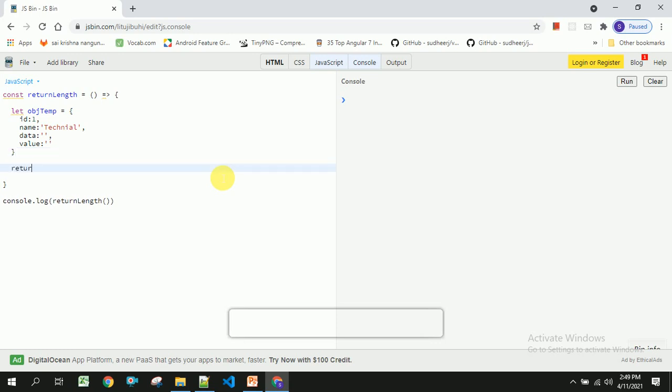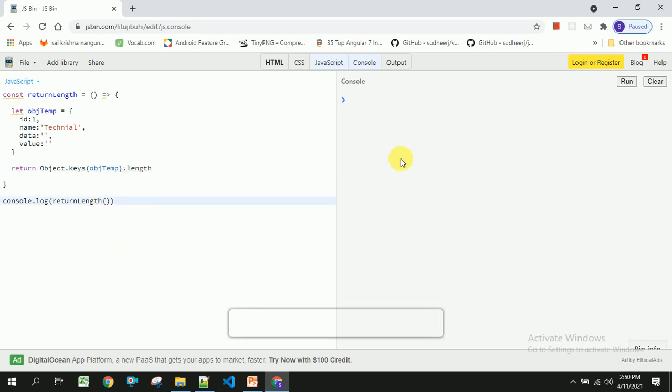Now I am going to return the length of this particular temporary object. For this I am going to use Object.keys of tempObj dot length. So this will be dot length.